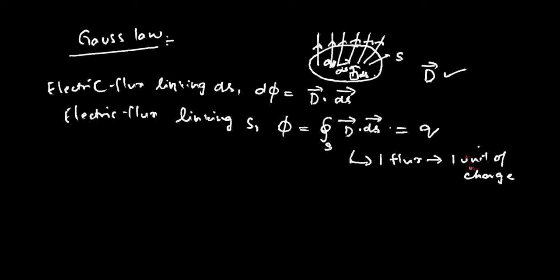The charge. This unit can be a nanocoulomb or a microcoulomb or a coulomb or whatever, but each line of flux corresponds to 1 unit of a charge. So if there are q units of the charge, then how many lines of flux will emerge from this? Then there will be q lines of flux that emerge from the surface. Right? So the electric flux linkage can be understood here as the number of lines of flux that are emerging